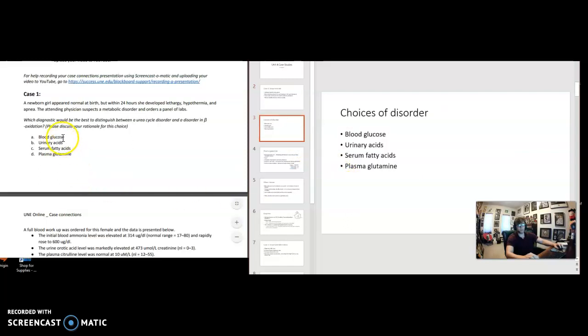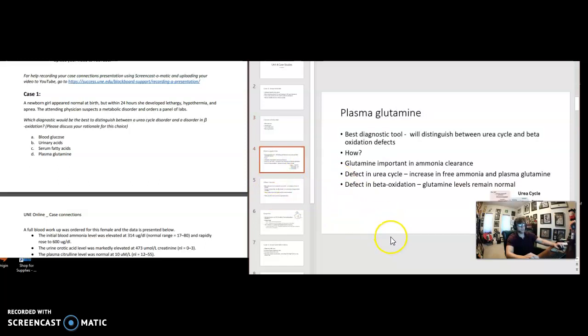So the prompt gives us 4 choices to choose from. Those choices are blood glucose, urinary acids, serum fatty acids, and plasma glutamine. These tests are to determine if it's a urea cycle or beta oxidation disorder. So for this one, we'll just start with the best diagnostic tool. Plasma glutamine is the only test that would test and indicate a urea cycle disorder or beta oxidation disorder at